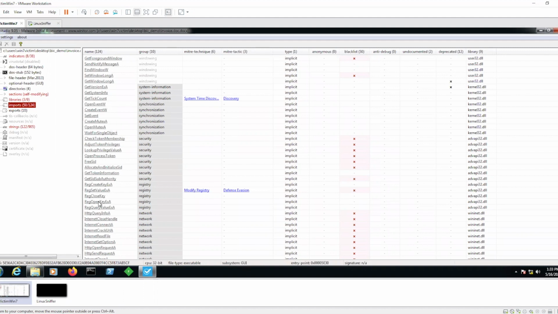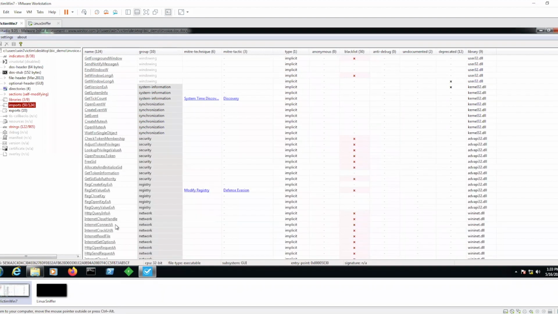For example, we see some changes to the registry. If you guys are familiar, the registry is just an overall configuration of our operating system. So a lot of changes that can happen in the registry can affect our host machine. And so here we can see that this malware is using RegCreateKey to probably create a new key. It's setting a new value within the key, which is probably used for a persistence mechanism. It's opening the key, and we also see some